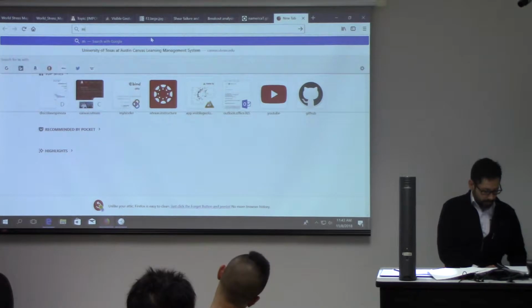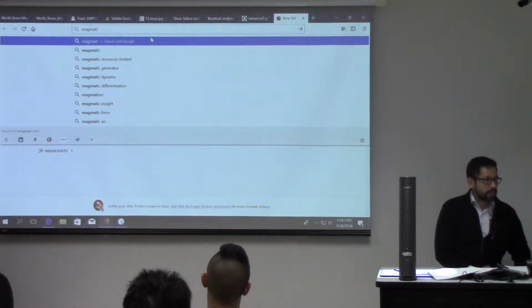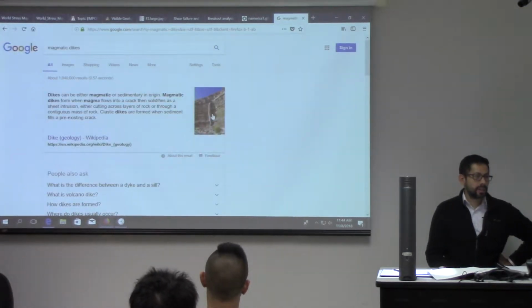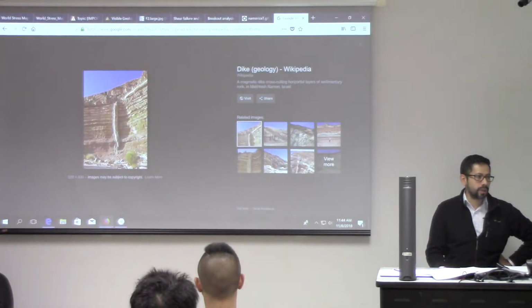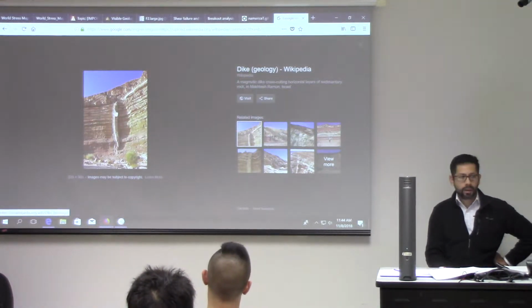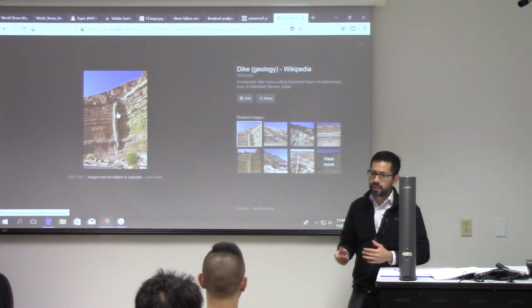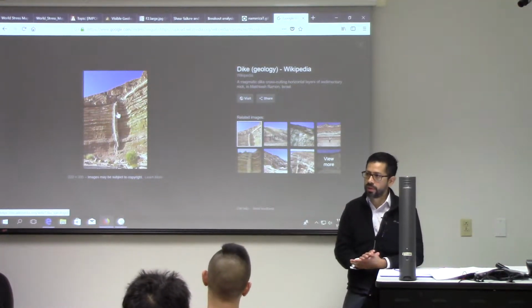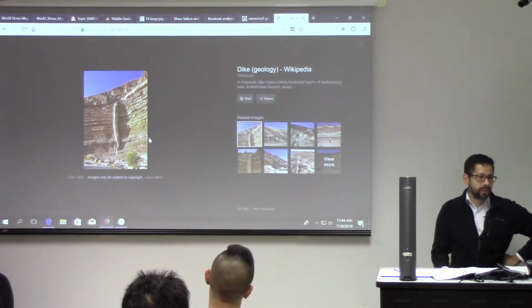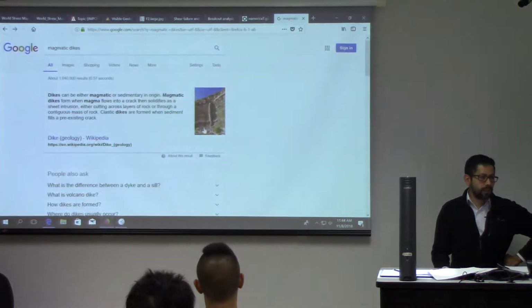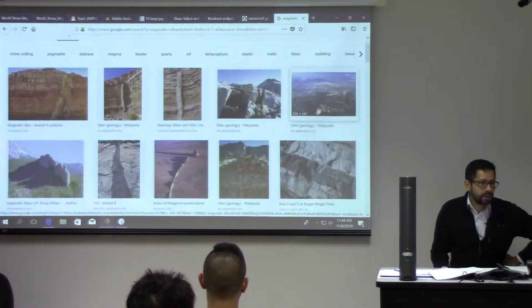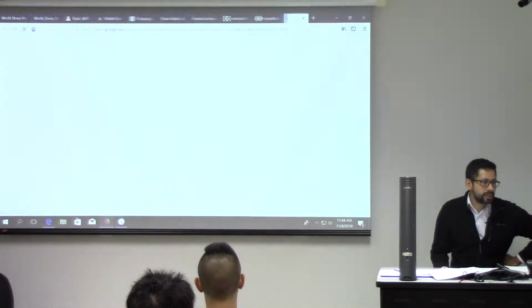Dikes are natural and giant hydraulic fractures. It looks like a good one. This is not a magmatic dike, but whenever you have pressurized fluid in the subsurface naturally and it overcomes the minimum principal stress, it forms these dikes. And sometimes you have these magmatic dikes that, when the magma cools down, they just stay in place,